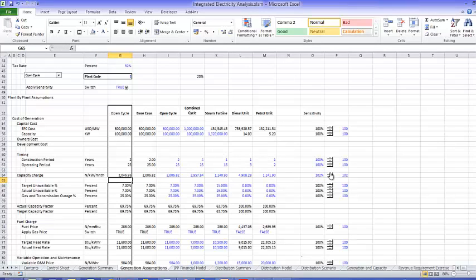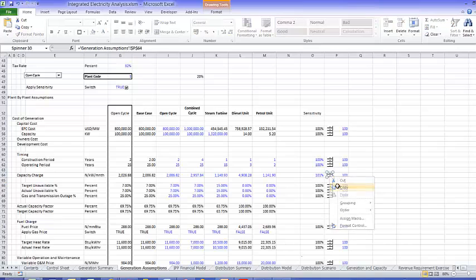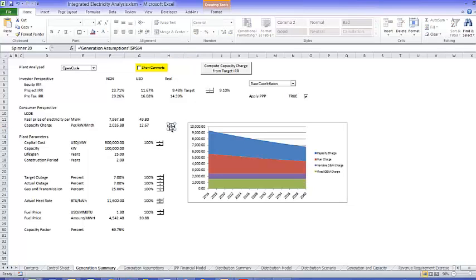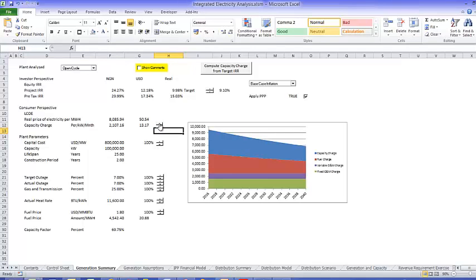Okay, so we put the percentage up and down, and now we can also copy this little thing into the capacity charge. So what we can do is either manually increase the capacity charge. Let's see that. Okay, or we can change the target